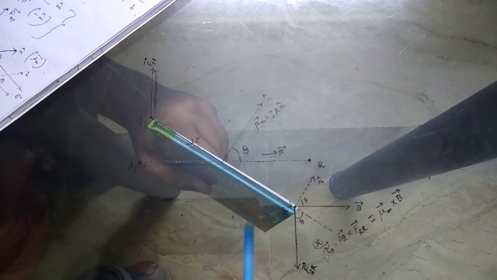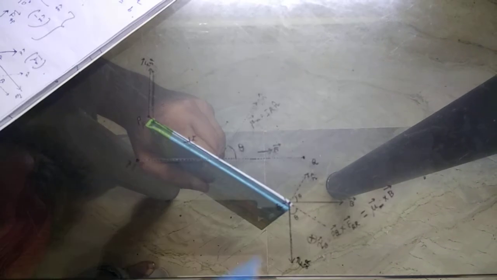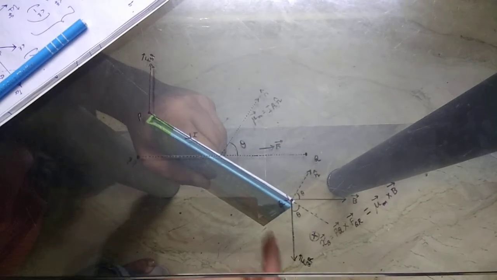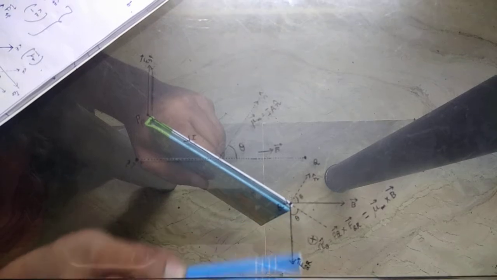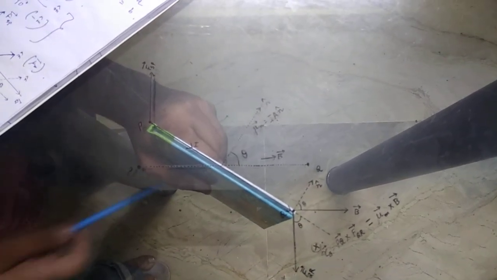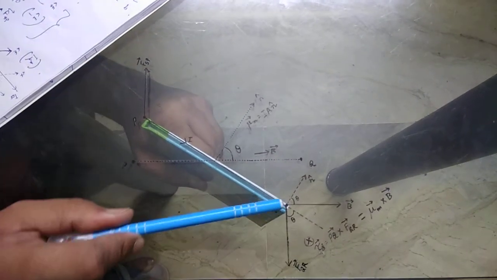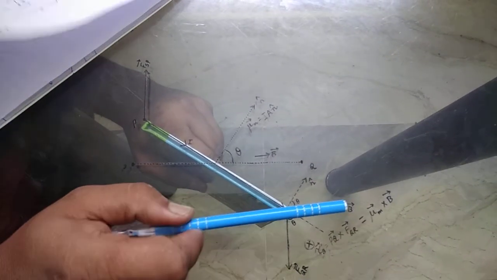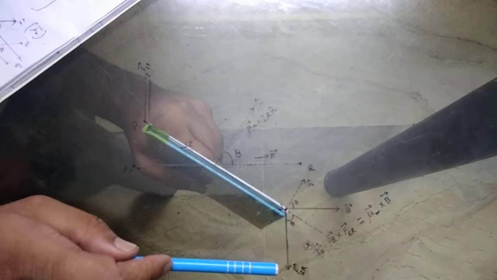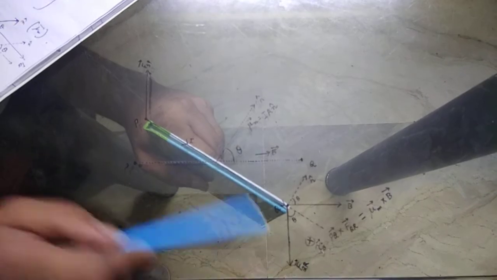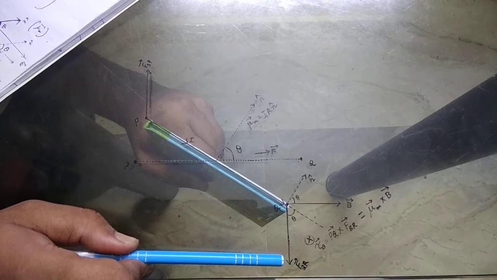Now the force on the QR element, I QR cross B. This is QR, this is B. So QR cross B will be along this direction, so FQR will be along this direction. And the force on SP will be along this direction. So this is FSP, this is FQR, this is B. You can see that FSP and FQR are equal in magnitude, but their direction is opposite and their line of force is also different. So FSP and FQR will be making a couple with each other.